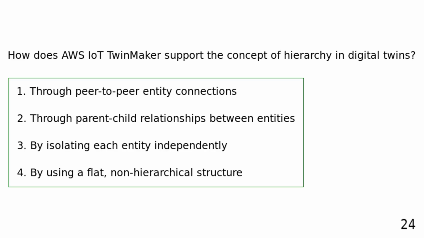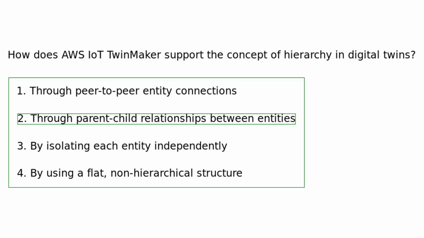How does AWS IoT TwinMaker support the concept of hierarchy in digital twins? Through peer-to-peer entity connections. Through parent-child relationships between entities. By isolating each entity independently. By using a flat, non-hierarchical structure. AWS IoT TwinMaker supports hierarchy in digital twins through parent-child relationships between entities, allowing users to model complex systems with